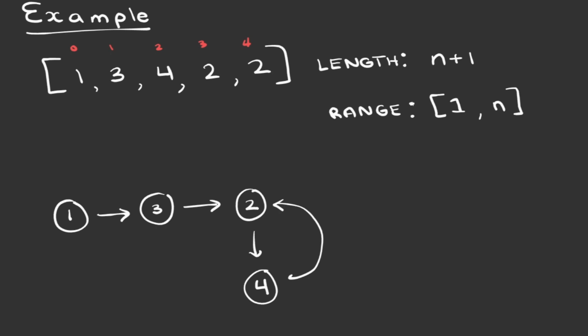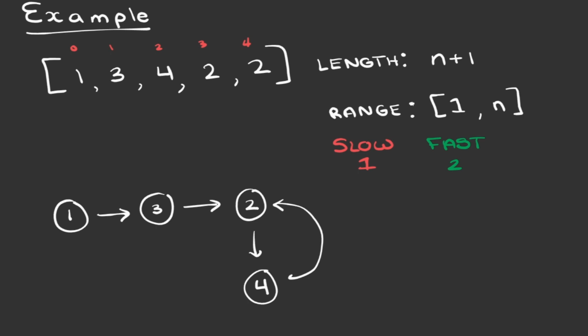But given this information, how do we still find out the duplicate value in the array? Well, we can use the slow and fast pointer technique to find the collision and the corresponding duplicate value. To demonstrate this algorithm, we'll first establish a slow pointer, and we'll also establish a fast pointer. The slow pointer is going to be moving 1 step, while the fast pointer is going to be moving 2